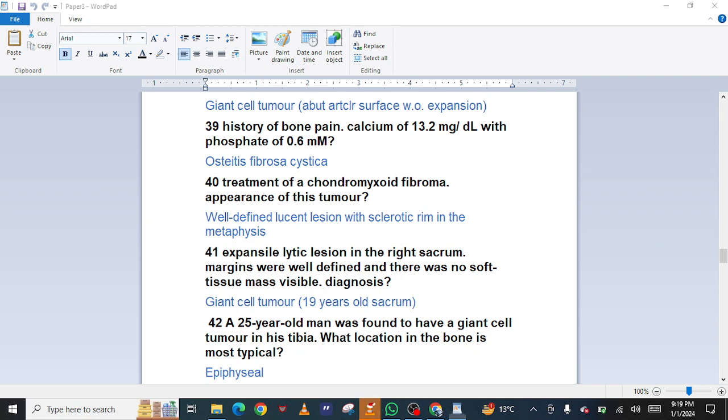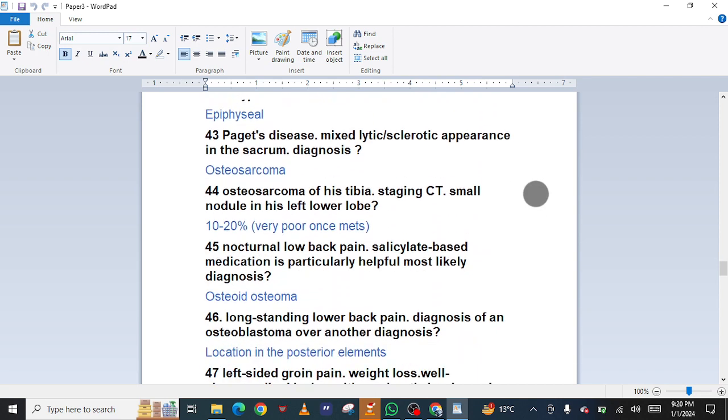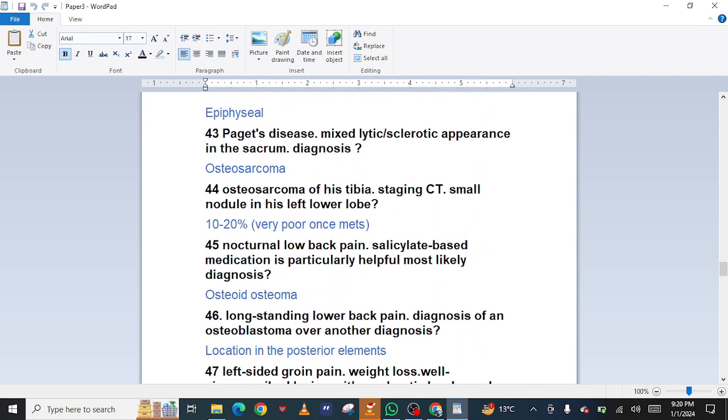Well-defined lucent lesion with sclerotic rim. 41. Expansile lytic lesion in the right sacrum, margins were well defined and there was no soft tissue mass visible. Diagnosis: giant cell tumor. 42. A 25-year-old man was found to have a giant cell tumor in his tibia. What location in the bone is most typical? Epiphyseal. 43. Paget's disease, mixed lytic/sclerotic appearance in the sacrum. Diagnosis: